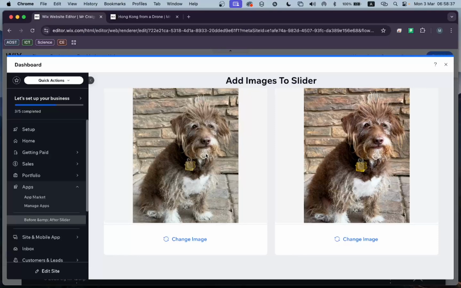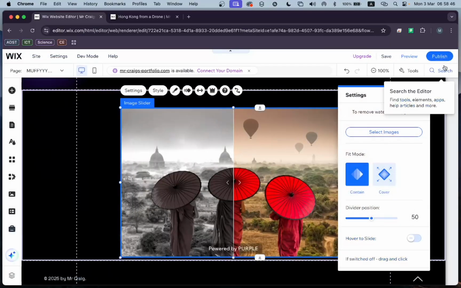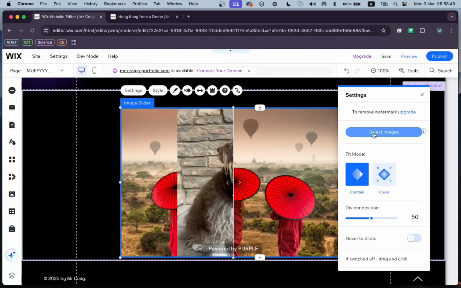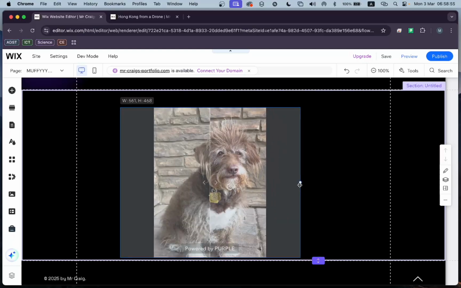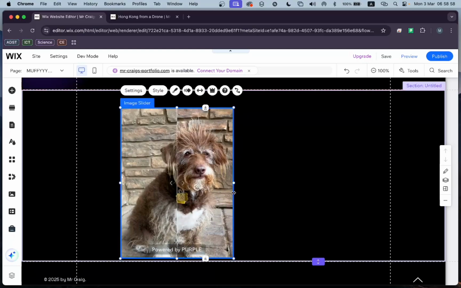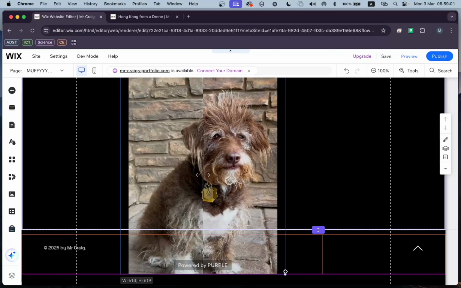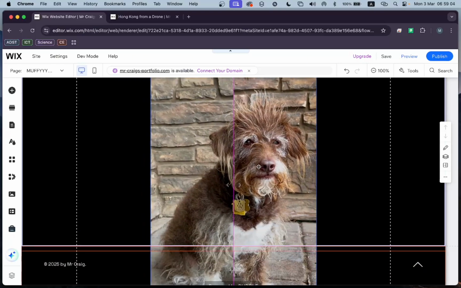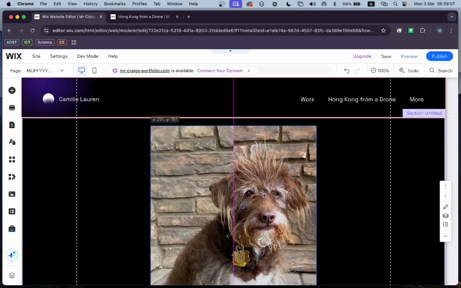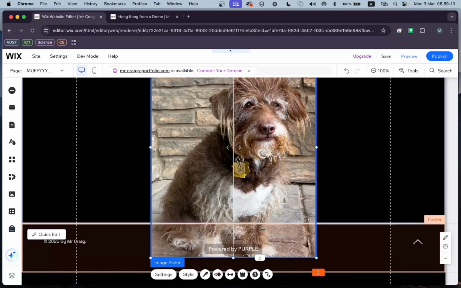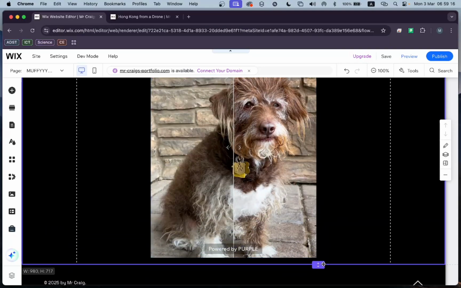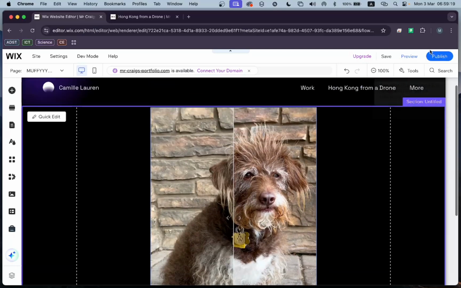There we go. So these don't perfectly align. This one here is a little more zoomed in than that one, but it's pretty close, so I think it'll work okay. So that's going to update. Very good. I can now take this and make it more appropriately sized. I can make the whole thing a little bit larger and center it to really showcase this photo. As you can see, it's too big for this section, so we're going to make this section bigger. There we go. And now if I hit publish,